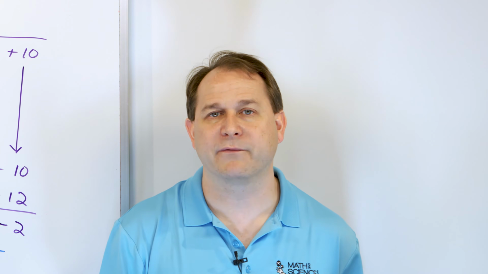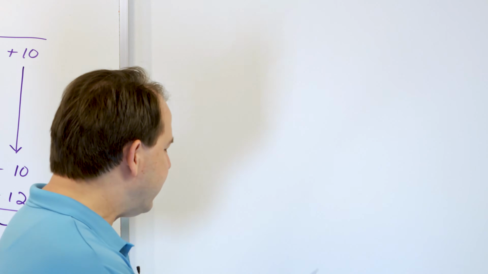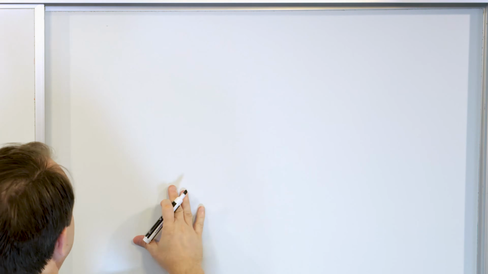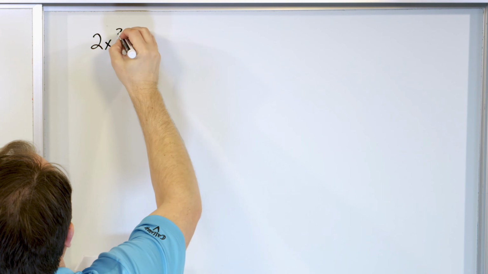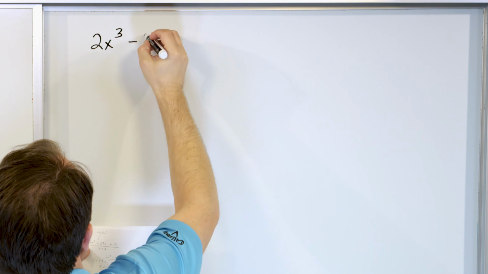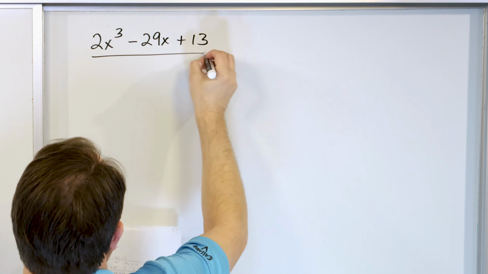That's where the decimal comes from in the calculator when you're dividing numbers. We talked about that in the last lesson. Now here is one that I want to make sure and do for you. I really want you to pay attention to this because it's a great way to miss a problem for no good reason. So if you have 2x cubed minus 29 times x plus 13, and you're dividing that by x